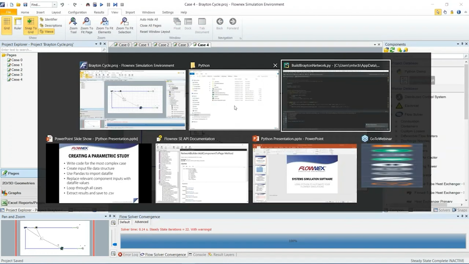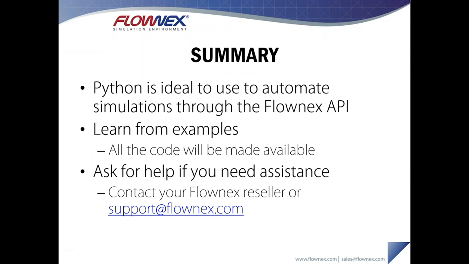Okay, let's go back here. So just to sum this all up, from my point of view, when it comes to these very large networks or networks where you can very logically describe where the components should be added or shouldn't be added, and you're looking for that extra flexibility in your simulations, trying to streamline your workload, using the API is an ideal way to do this. This is something, as I say, is very useful for very large networks with lots of components,